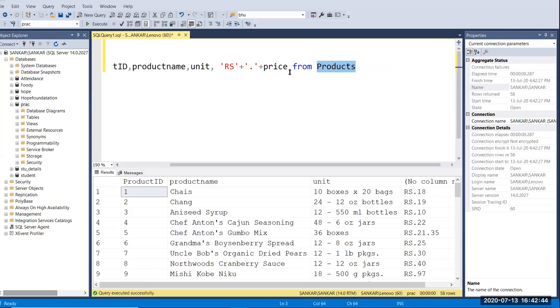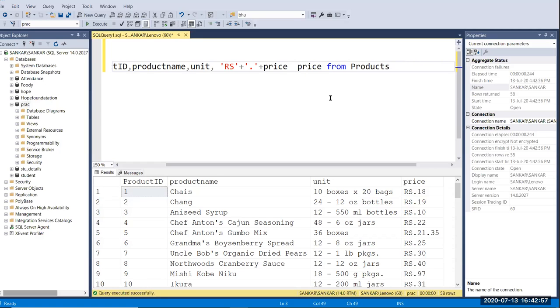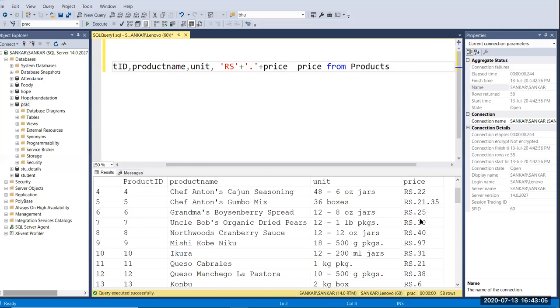And here also you have to pass your alias name. You can use the same name as the field of your table. Now you can see here the product name, product ID, and unit, and also the price with rs.